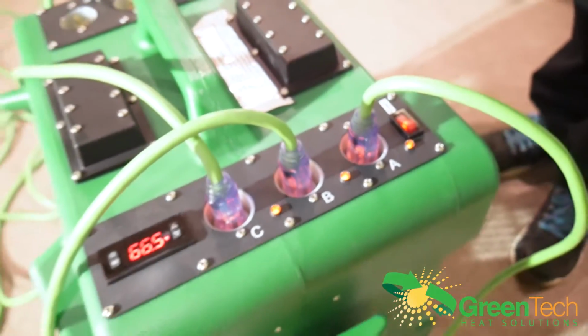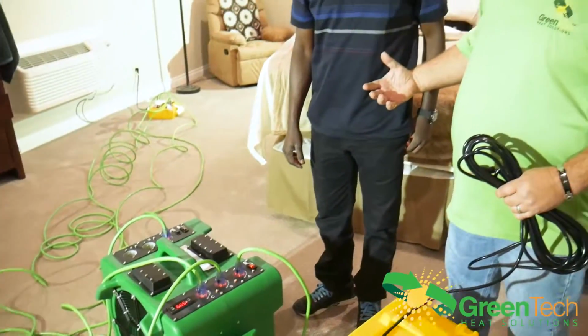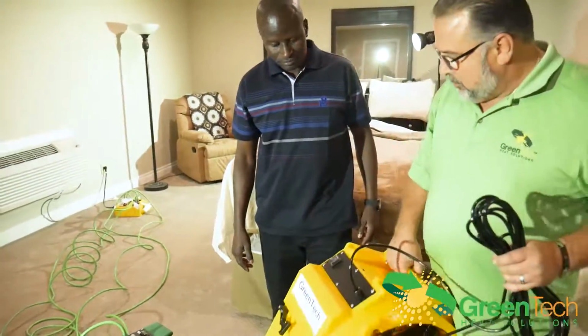So now that we've established the fact we have power at the heater, let's get our airflow set up. What you want to do is take this fan